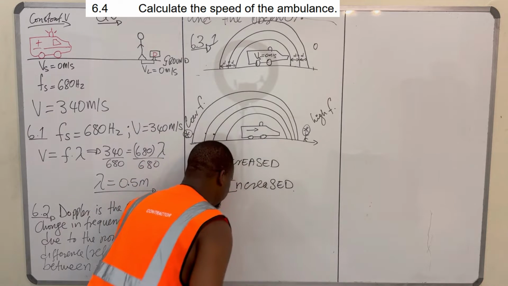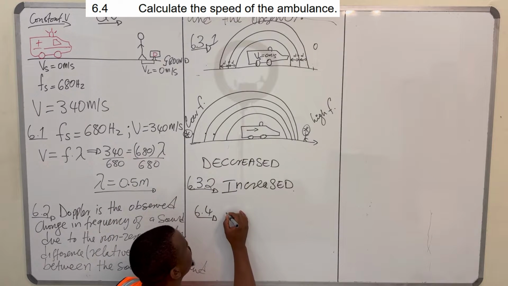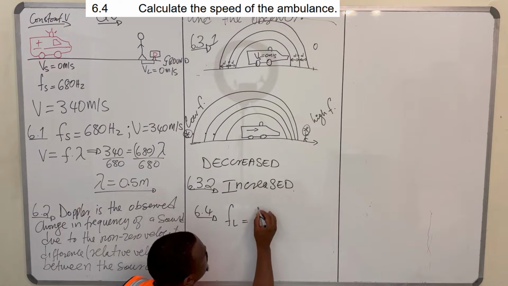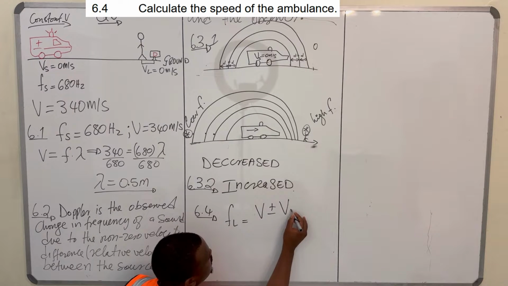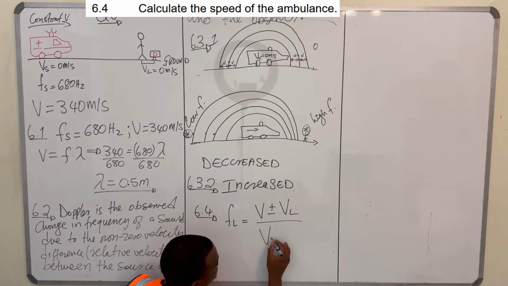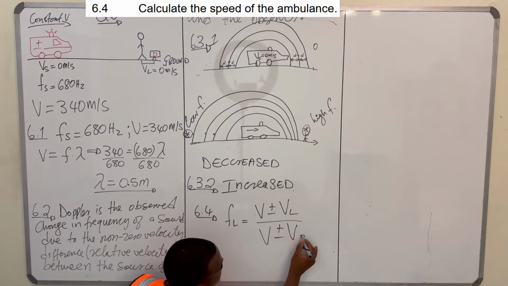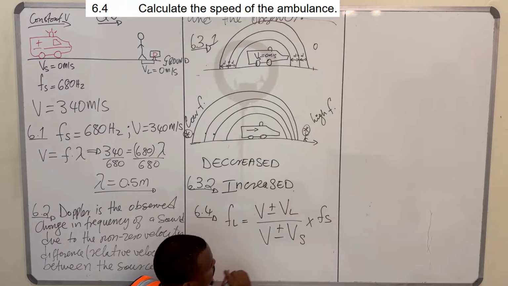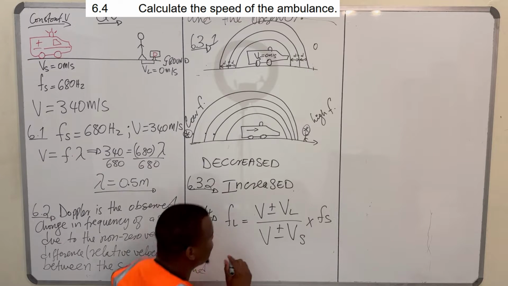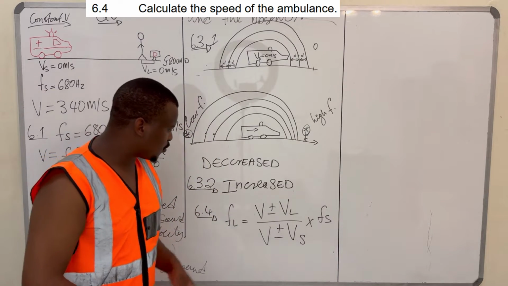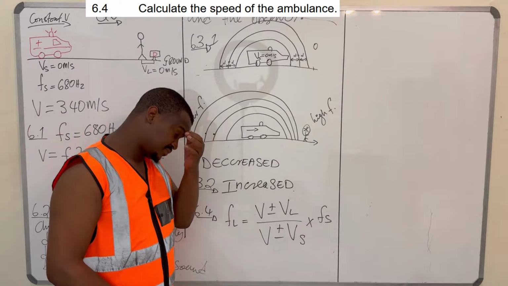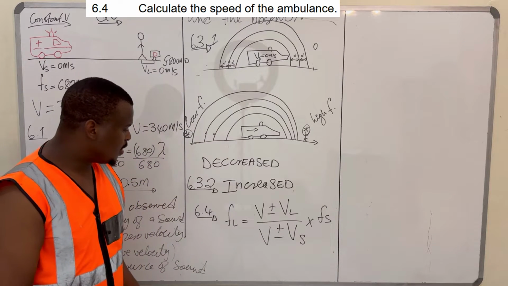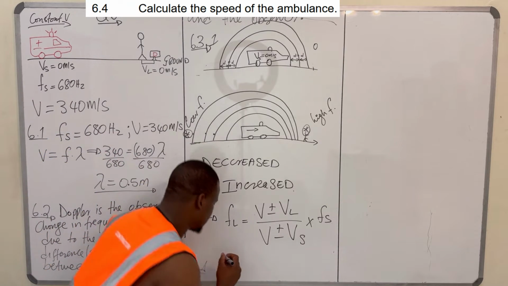So we know that the frequency of the listener is equal to the speed of sound in air plus or minus the velocity of the listener, all over the speed of sound in air plus or minus the velocity of the source, times the frequency of the source. Right? But then we have to decide if we're going to use plus or minus at the top or plus or minus at the bottom. So, because our ambulance